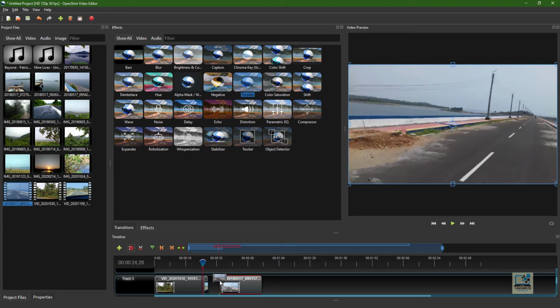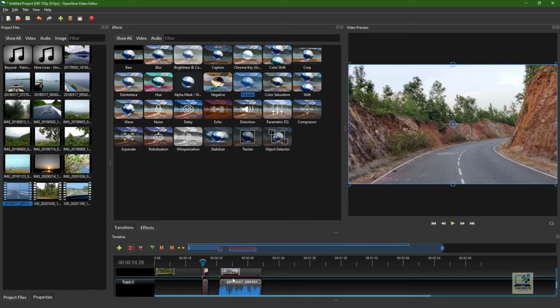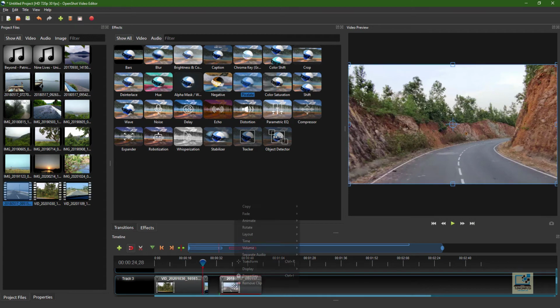Now as I am inserting the video files, I can also apply a kind of effect in between the video files, which I will be showing you. Just before that, let me remove the audio from these two video files also. This one I have just now done, and this one also. If there is any audio, I just want to remove it.